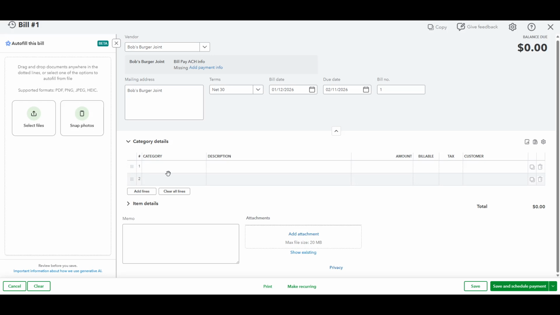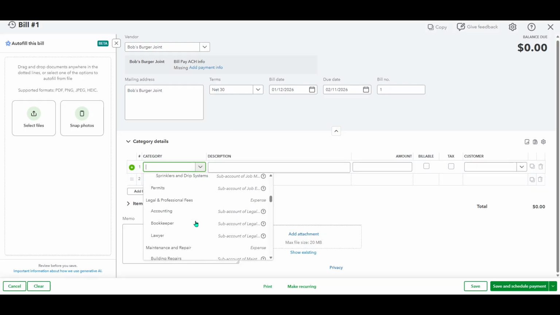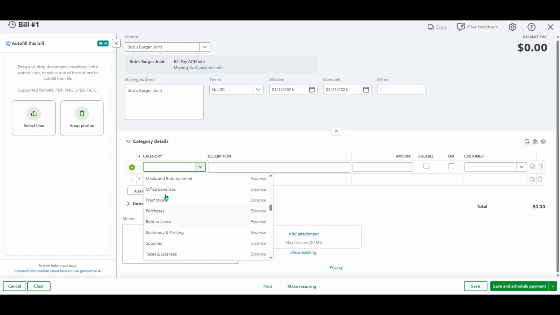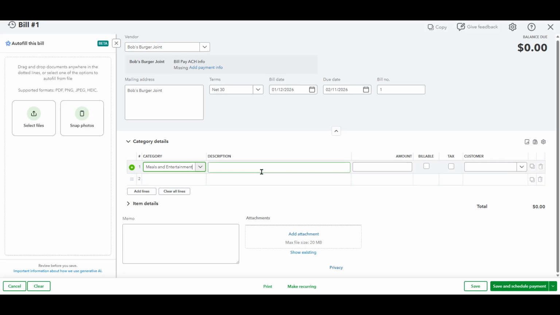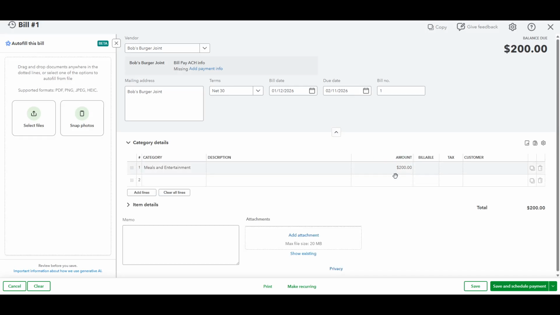Now add the details of what you're being billed for. You can record these under items or categories. Use items if you track specific products or services you buy regularly. Enter the product or service, quantity, rate, and any applicable tax. Use categories if the expense is more general, like office supplies or utilities, and assign it to the appropriate expense